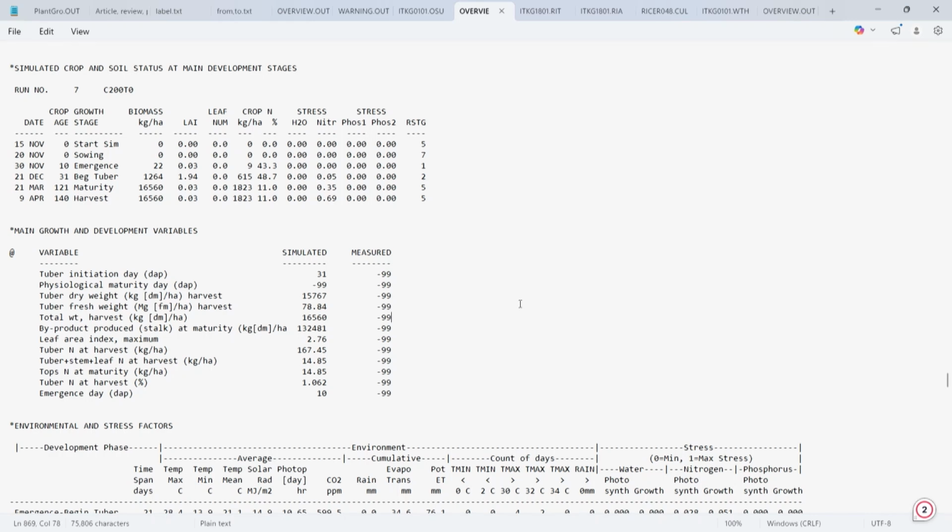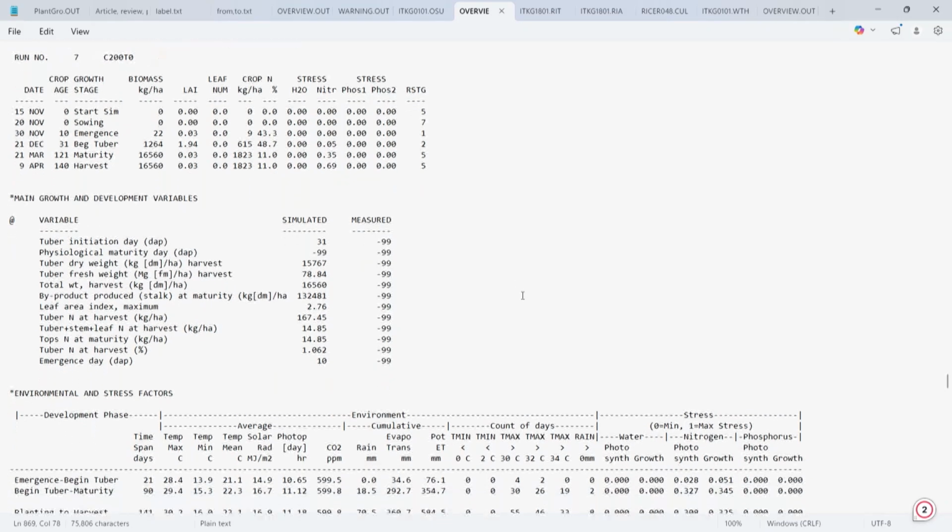So, this type of environmental modification you can create in the experimental management files. We are doing it for carbon dioxide, temperature T max and T min. You can do it for rainfall variability, or for solar radiation variability, or for wind velocity. These changes can be made, and accordingly the information can be put in the treatment window, as per the environmental modification you have created, and you can go for the simulation of the potato yield or the rice yield as per the environmental changes.